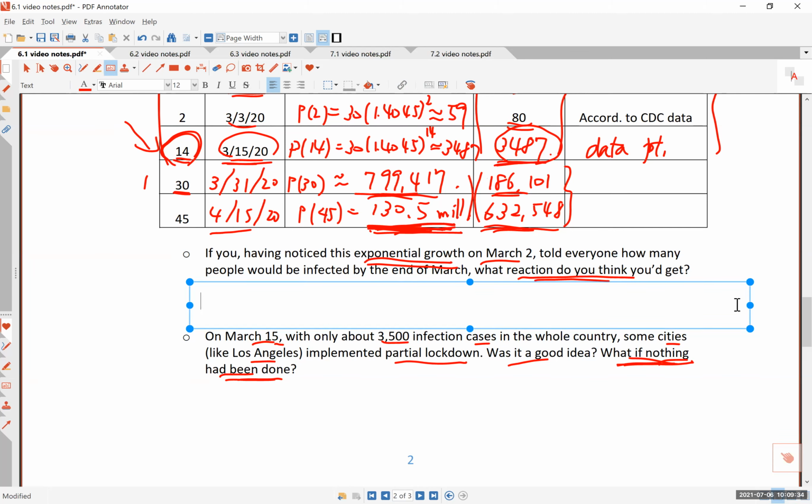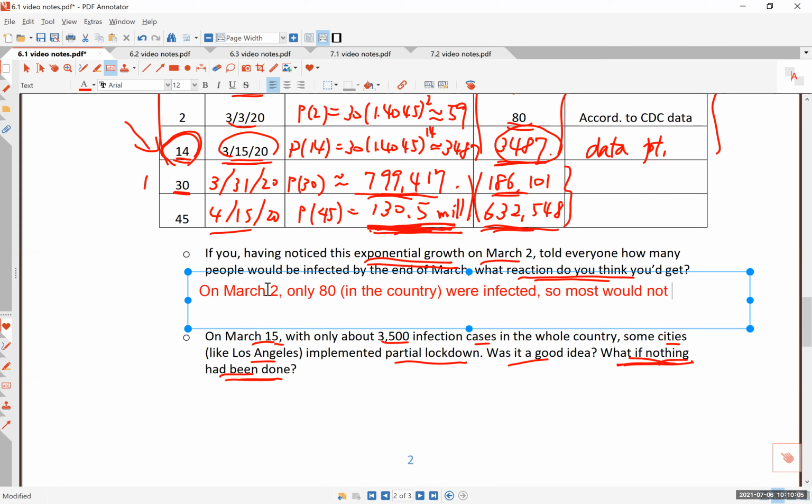What do you think people would have said if on March 2nd you warned the whole country that this is a very serious thing? And in fact, some people were saying this. Look, this is no joke. This is coming, and health officials were sure that this would be a major illness. Most people actually did not take it seriously, because on March 2nd, only 80 in the country were infected. So most would not have believed you if you had